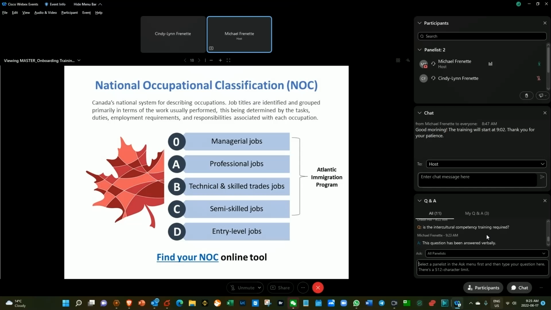For the purpose of the Atlantic Immigration Program, only job offers at skill level 0, A, B, or C are eligible. And we do have an online tool that can help you find the NOC. You see the hyperlink on the slide here. So if you are unsure of the NOC code associated with your job, you can first try to search by the job title, find the closest match, and review the main duties and the employment requirements to determine if they correspond to those associated with your job. Many job titles used every day in the labor market are not included in the list, so it is really key to focus on the main duties of that NOC and not to rely solely on the job title.